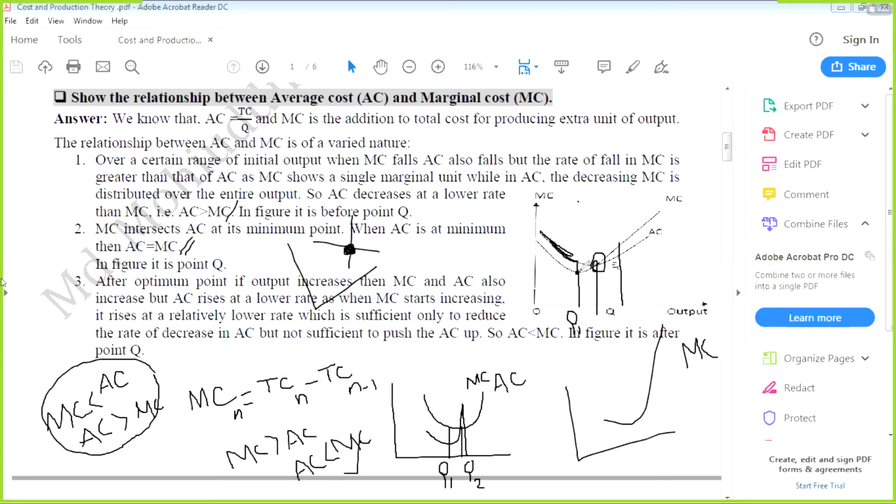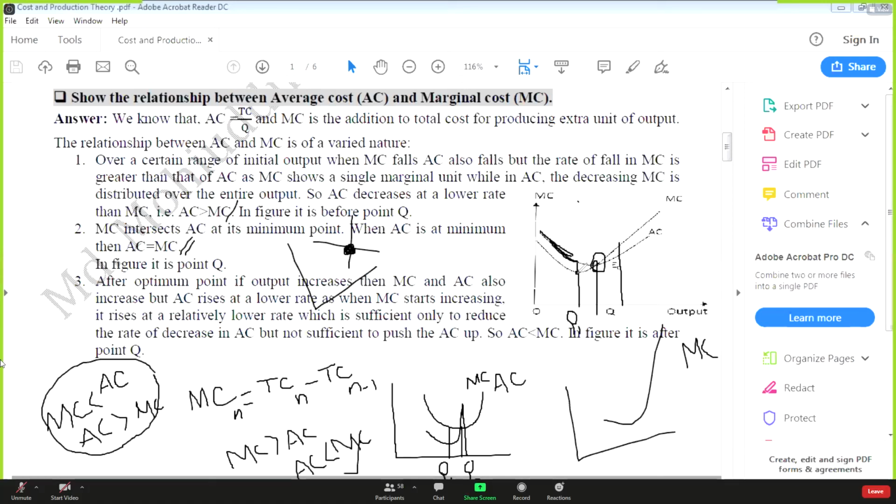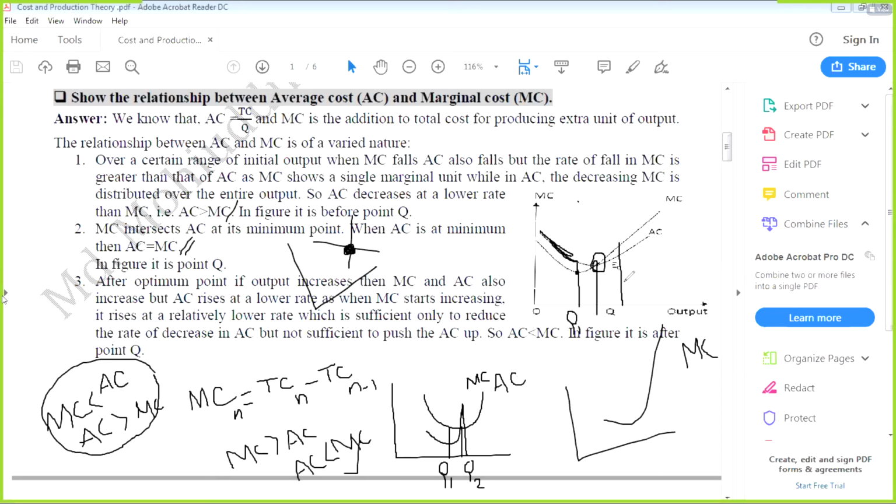So at this level of output, what is the value of marginal cost? Minimum point, for example, let minimum mean zero. Okay, sir. At this level of output, marginal cost quickly goes to zero. But at this level of output, what happened to average cost? Average cost is not zero. Yes, near zero, but not zero. So what I am trying to say is that marginal cost falls quickly compared to this one. That means it falls to zero, but average cost is still not zero. Is it clear or not? Yes, for that reason, this one is less than this one.